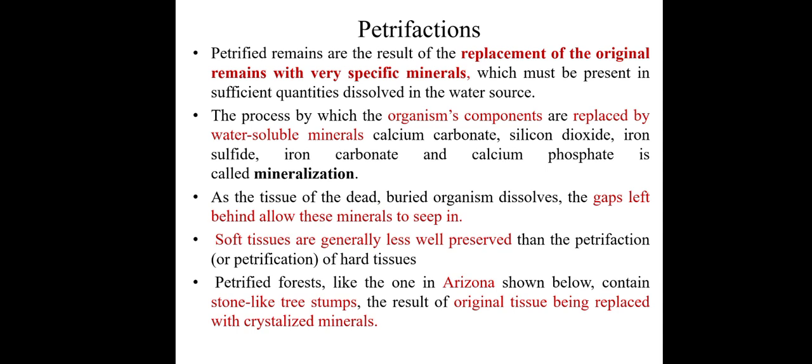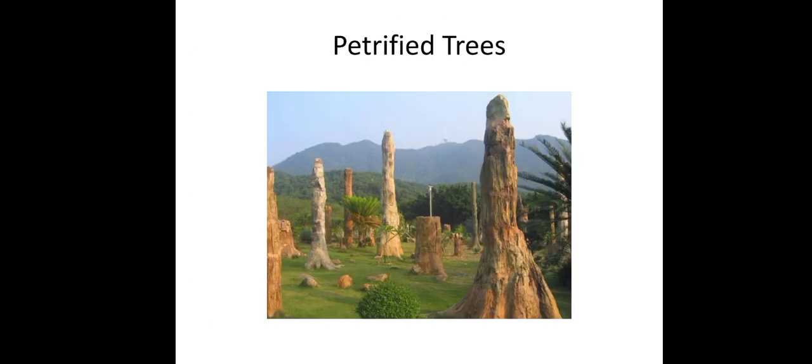In the next slide, we will have a look at a petrified forest in Arizona that contains stone-like tree stumps. It is the result of original tissue being replaced with crystallized minerals. These are the beautiful petrified trees from Arizona, where minerals get deposited, and it shows you